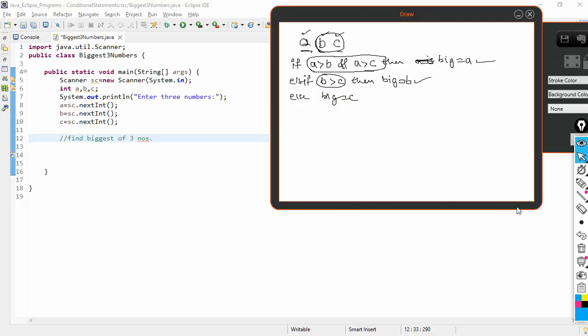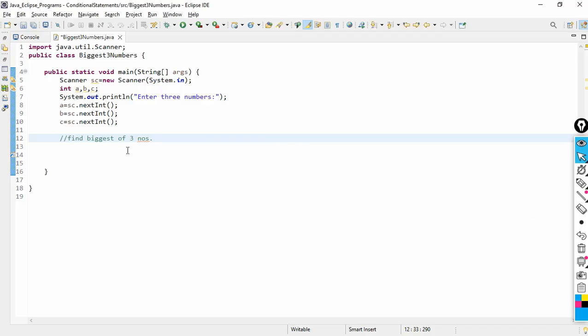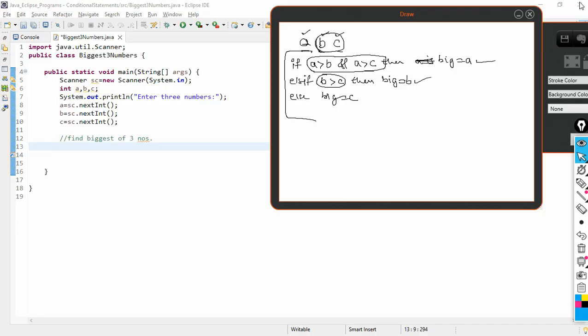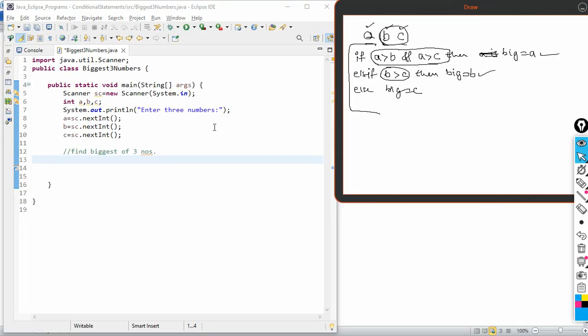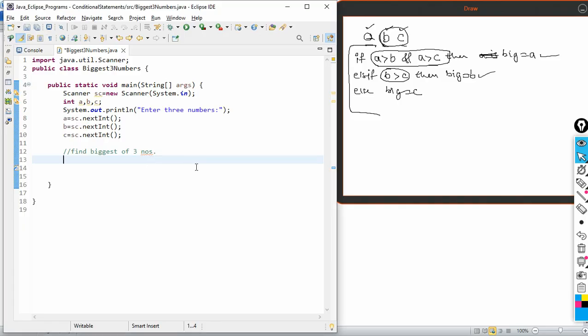So these are the possibilities, the conditions we have to apply to check the biggest of three numbers. This we are going to write over here. Let me write the code for the same. If a is greater than b and a is greater than c, System.out, I can say that biggest is equal to